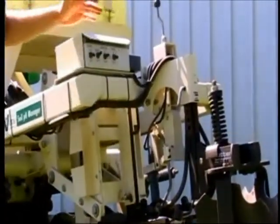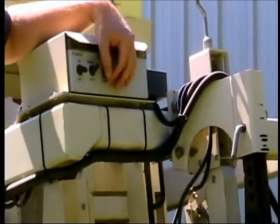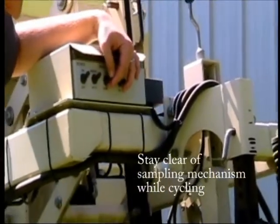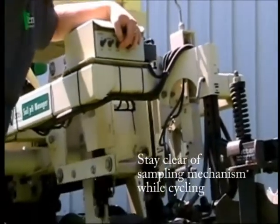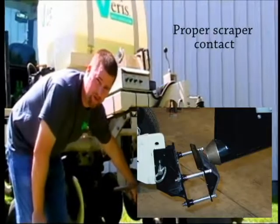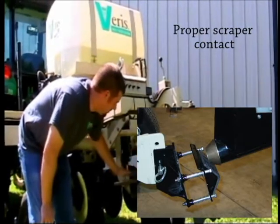The next thing we want to do is move on up to the controller. Now we want to flip the controller to manual and actually manually operate the sampler up and down. Now by doing this we can check a few things. The first thing we want to check is proper scraper contact. We want to make sure that this scrapes and cuts the soil core cleanly and allows for a better core